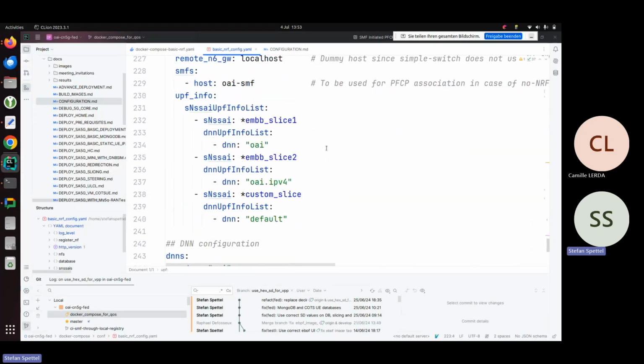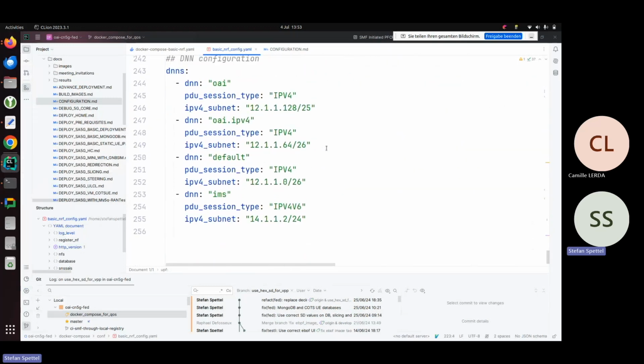Same for UPF. That is actually also interesting, because this morning we have seen that the UE IP address was always 10.0.0 something. And this is the way you can configure that. Because basically you can say